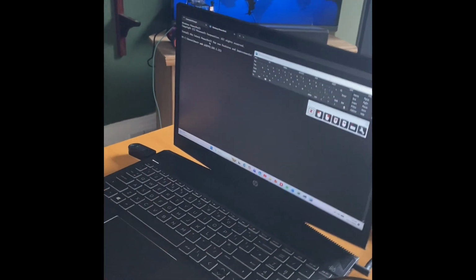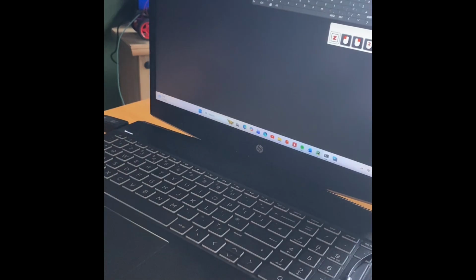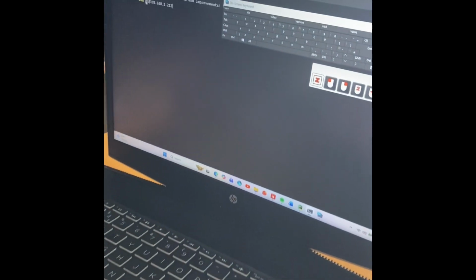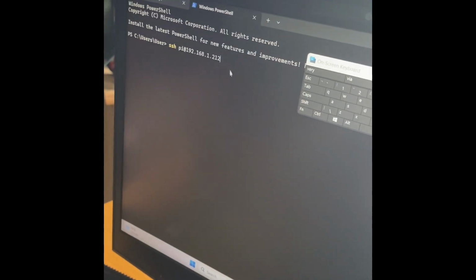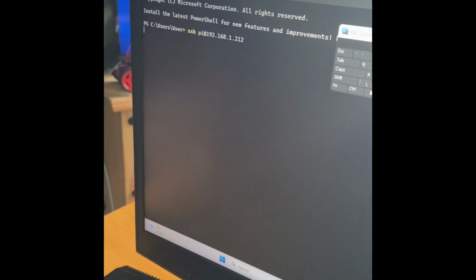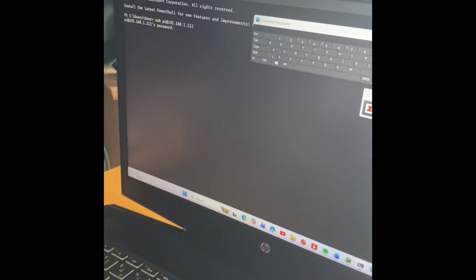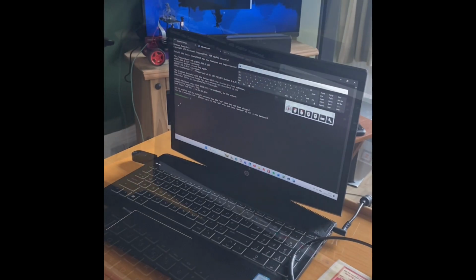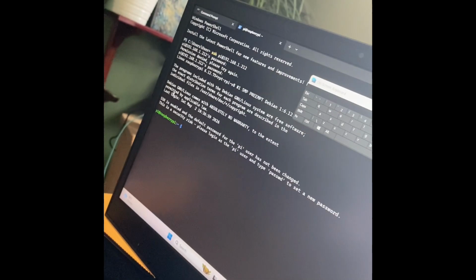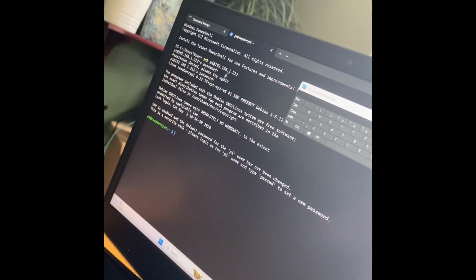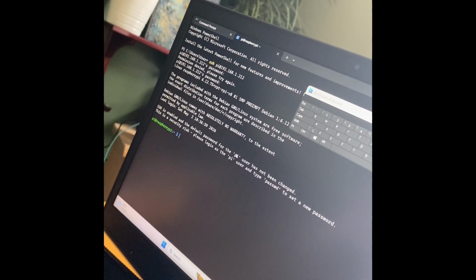On your computer, you will need to connect to the Raspberry Pi, so type the following command: SSH pi at, and then the IP address of the Raspberry Pi, and press enter. It will then ask you to put in a password, which I will enter now. See here, after I enter the password, enabled, so we are now connected